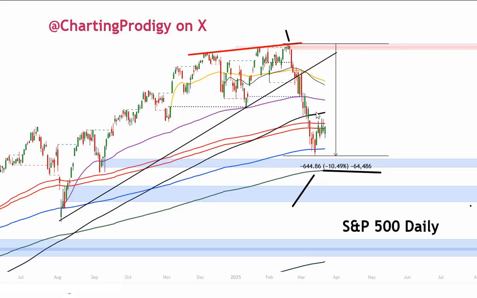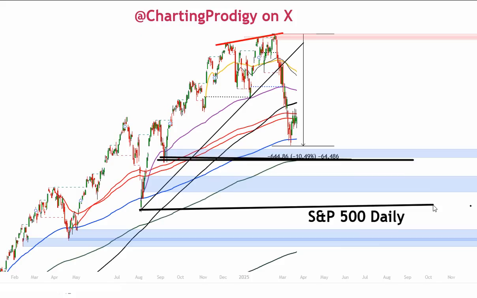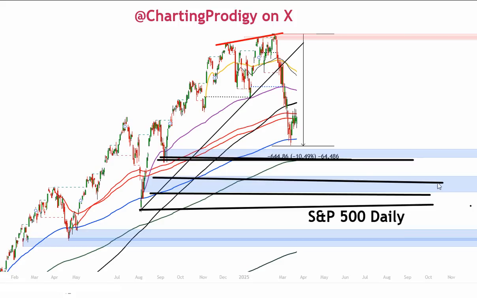Can we get back above the 200 period? That's the black line you see right there. So again, the support area, our September low, and then below that, our September area of support right here. Below that, we have this area in here, and we have the August low from the July sell-off. So you've got some support right in here and then over here that's making this area of support right in here. So you've got quite a bit of support, but if we do go lower, keep your eye on that